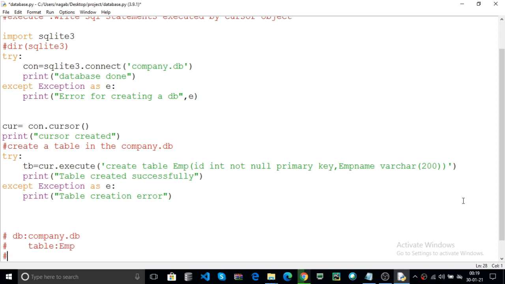Now you can use SQL queries to retrieve data or perform any SQL operation.